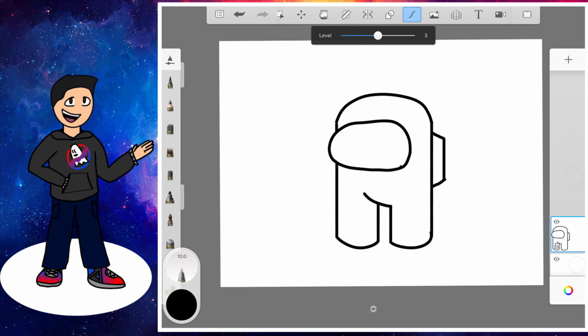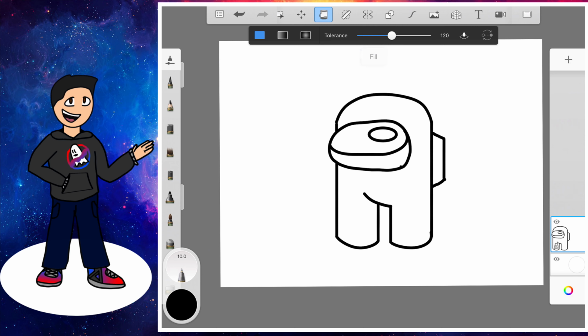And then now onto the visor. There's a visor detail since there are different colors in the visor as well. So first let's draw a second oval kind of shape inside the visor. Okay, that's too curvy. It's supposed to be a little flatter like this. Perfect. And we have a little highlight oval on the top like that. Yeah, that's good.